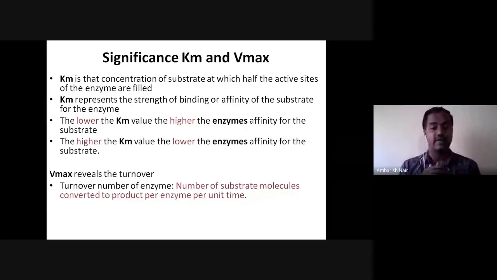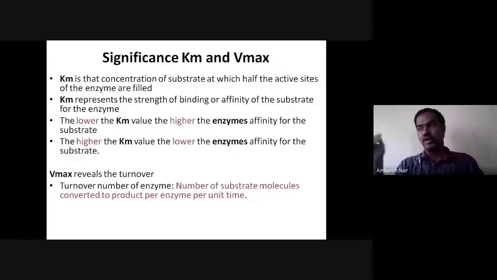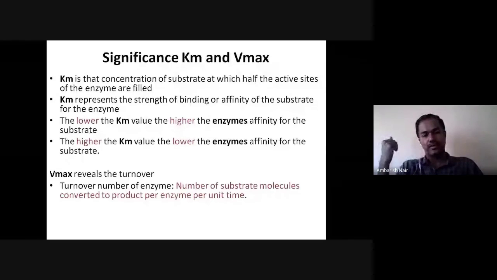The same thing is there for the enzyme. Enzyme turnover means the number of substrate molecules converted to product per enzyme per unit time. Per enzyme, per unit time, how many substrate molecules can be converted into product. If it can convert more substrate molecules, that's a good enzyme. If it converts fewer substrate molecules, then it is a bad enzyme. So that is the efficiency of the enzyme. Just imagine you are producing some products at an industrial scale. You look for an enzyme which has a higher turnover number. So the number of substrate molecules converted to product